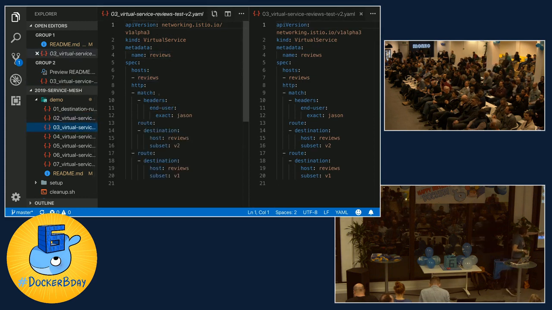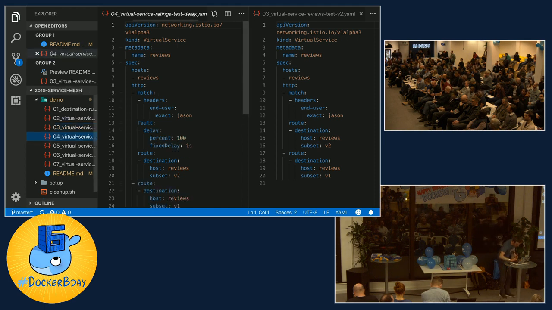So in this case, I can route based on an HTTP header. The demo application has a username in this end-user header. I can match on that username and send all of that traffic to subset v2. So a particular tester or anyone who I can identify through some sort of HTTP inspection of the traffic, I can route them to a different version. So they're all going to get to version 2.